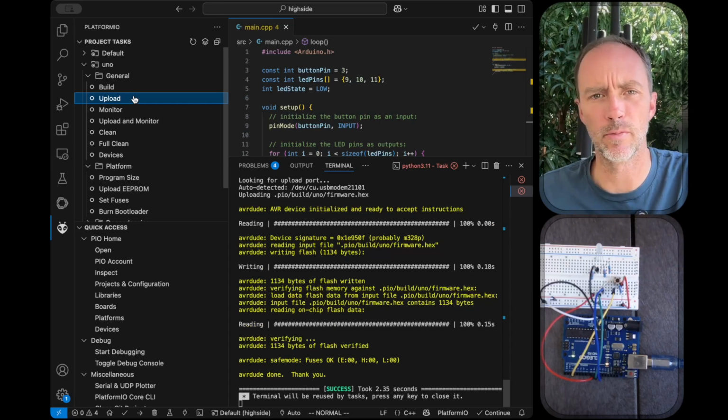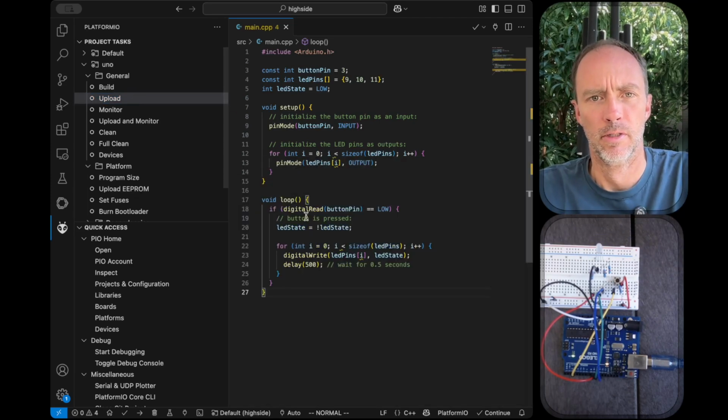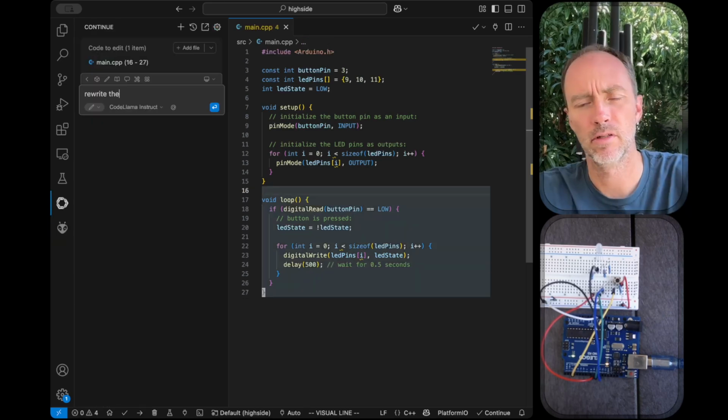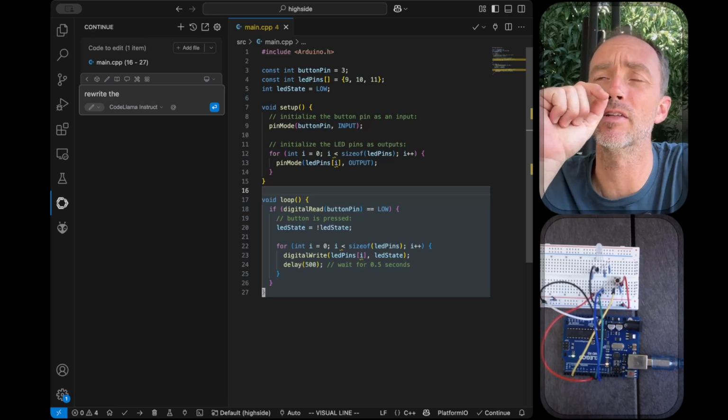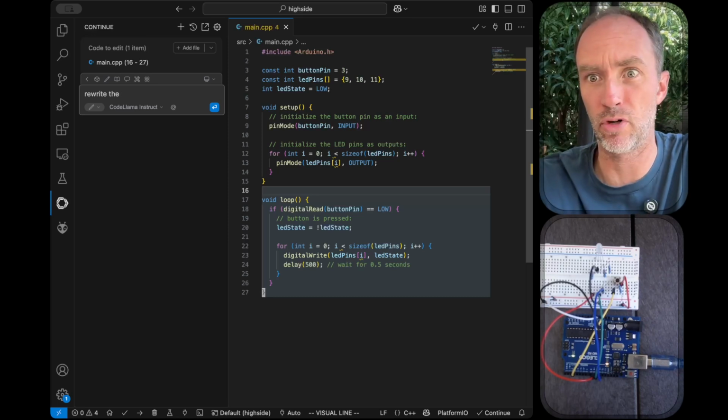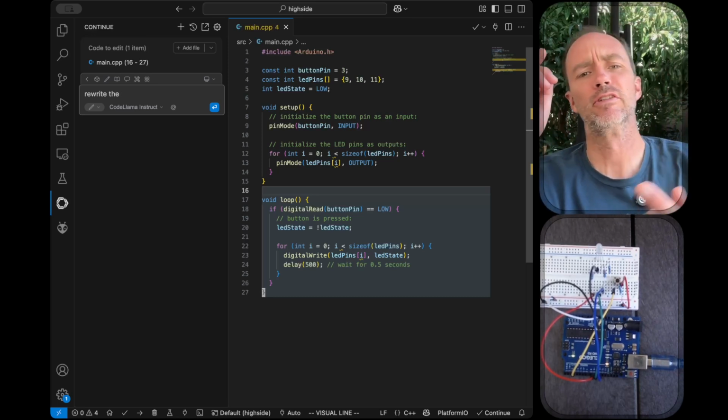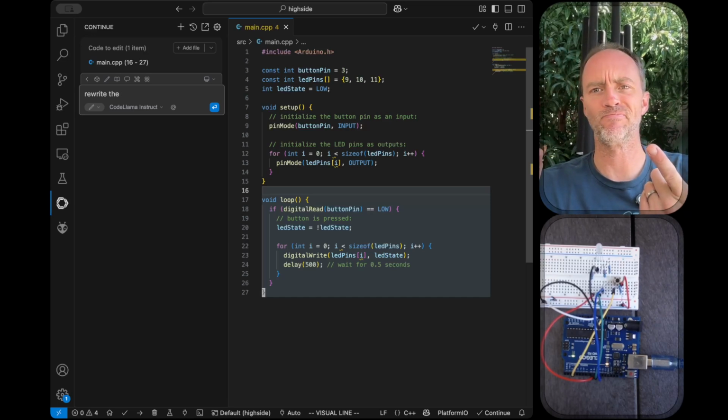Huh. That was not what I was expecting it to do. Rewrite the loop. Just rewrite the whole thing. Let's try again, and let's try another prompt engineering. This is the prompt engineering thing, right? So we need to do that. So let us say,